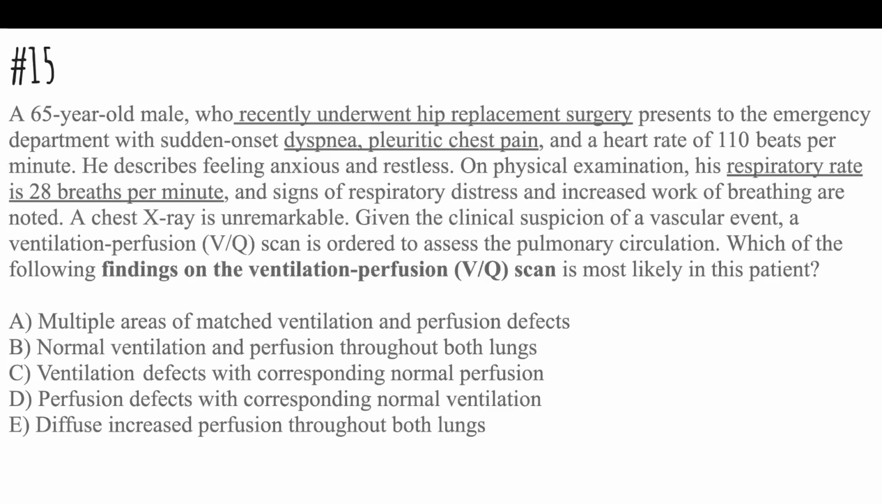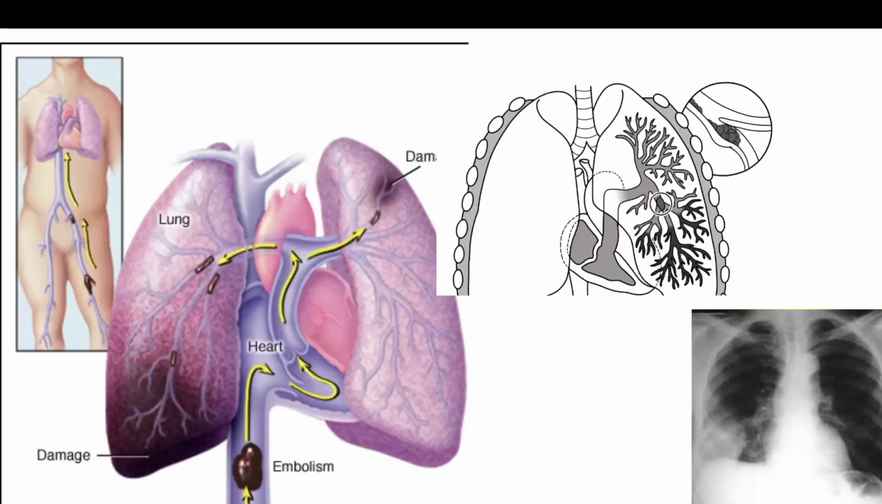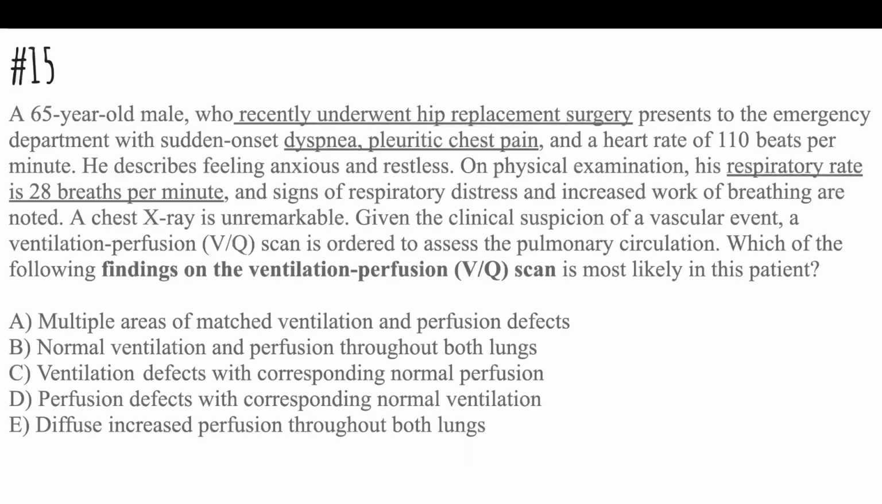Because of that, you're getting ventilation defects where it doesn't affect the vascular supply. Contrasting that, instead of having these emboli blocking here, you'd have normal supply here, but then you'd have fluid in the lung. Just imagine this dark part being fluid that would be blocking oxygenation. That would be pulmonary edema. So C, ventilation defects with corresponding normal perfusion, would be present in pulmonary edema, whereas D, perfusion defects with corresponding normal ventilation, is more indicative of a PE. And then E, diffuse increased perfusion throughout both lungs,